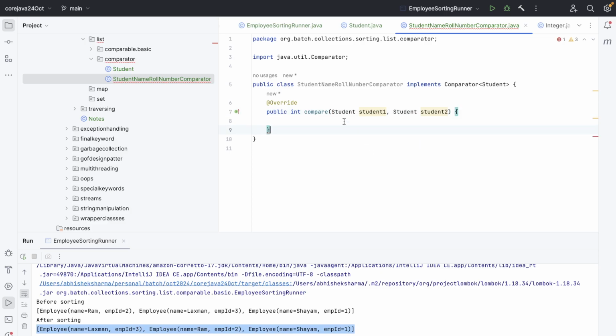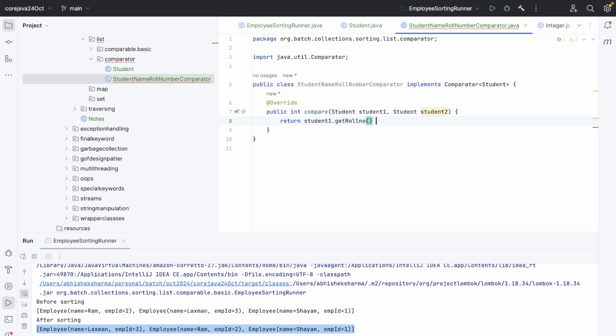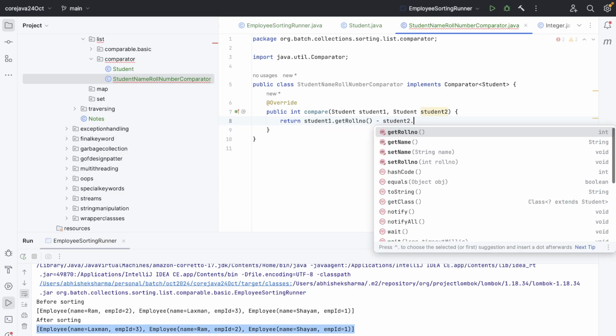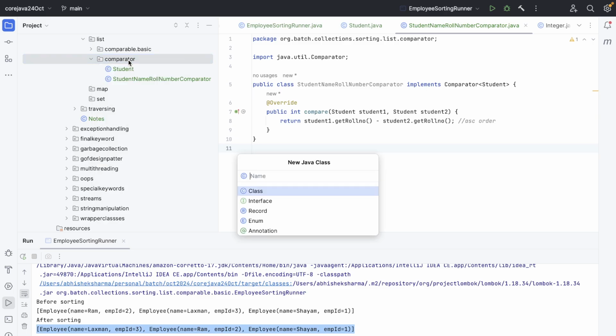So I'll do the same thing. I'll do the ascending order thing, that is student1 dot get roll number minus student2 dot get roll number, right. So we are sorting in ascending order. And now in the student sorting runner,